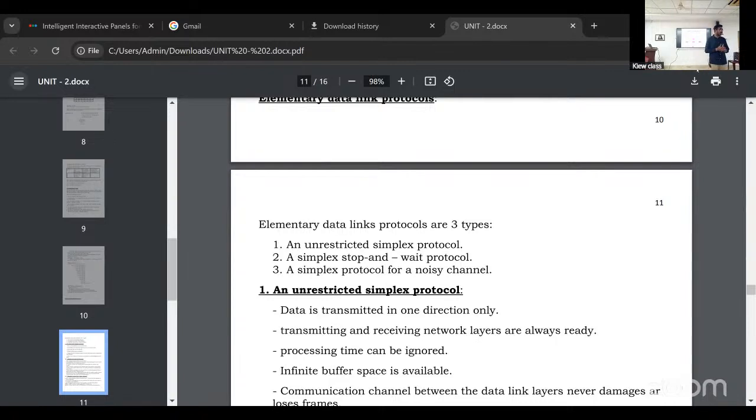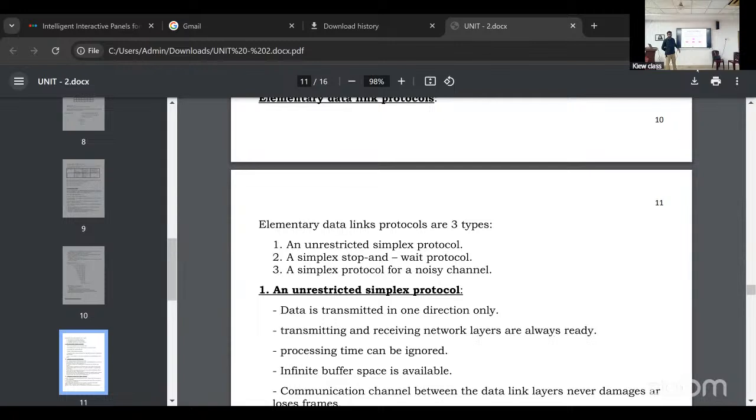Which speed are you using here? Giga speed. Just now, you learned only 10 base T. 10 base T means 10 for speed, base for signal, T for twisted pair. We also use it for 100 Mbps.